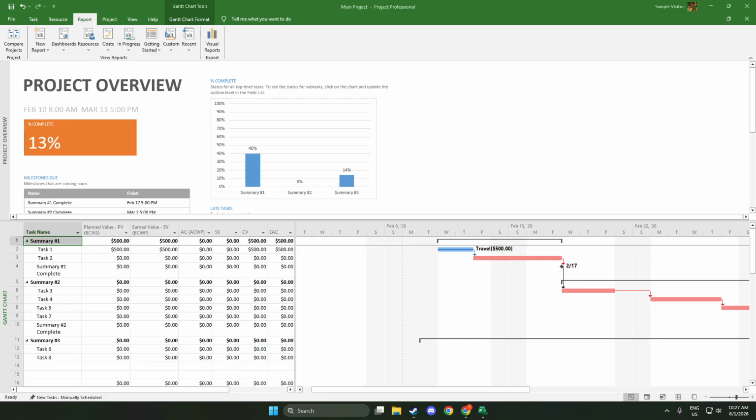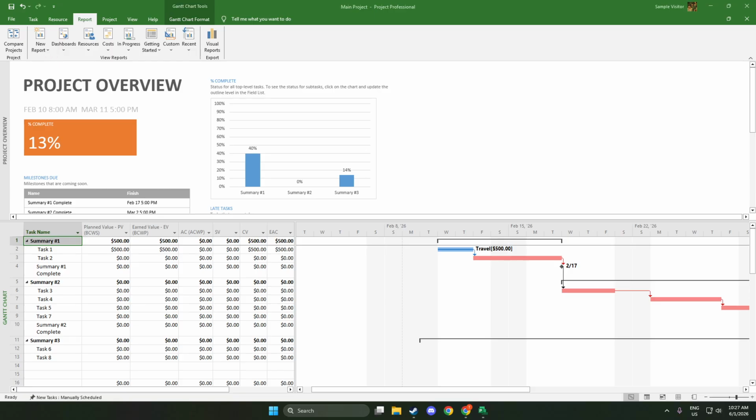Microsoft Project includes a set of ready-made templates that automatically compile charts, tables, and summaries from your current file, so you don't have to build anything from scratch. Under the Dashboards group, you'll find Project Overview, Cost Overview, Work Overview, and Earned Value.